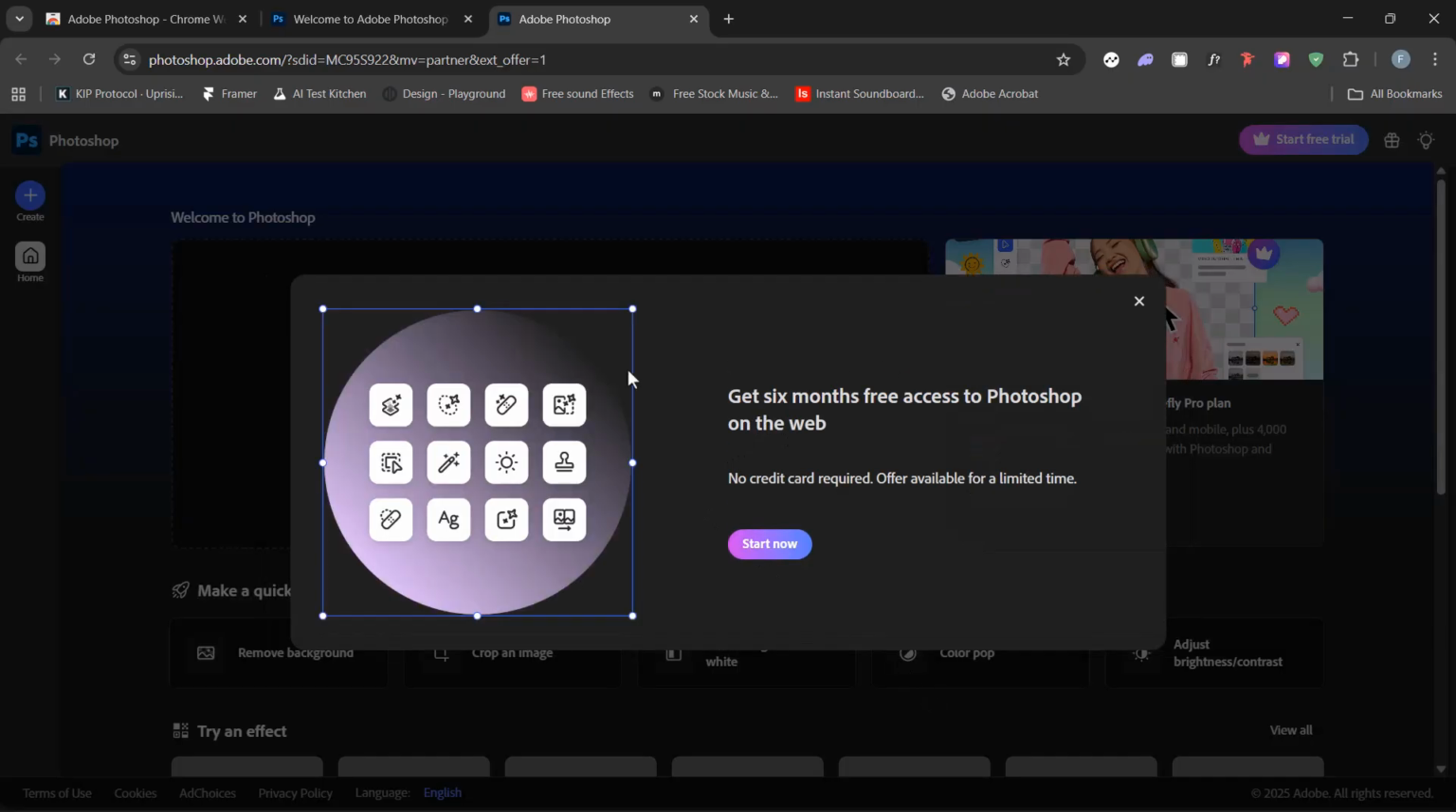All right, so we are met with this option where it says get 6 months free access to Photoshop on the web, no credit card required, offer available for a limited time. So please hop on this as soon as you see it. All right, so go ahead and click on start now,